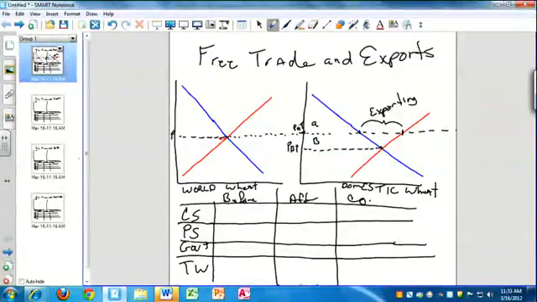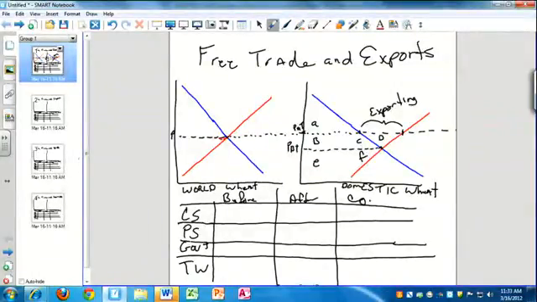A, B, C, D, and E, and F. Okay. So if I do consumer surplus and producer surplus and total welfare, just like I did in the previous lectures and graphs,